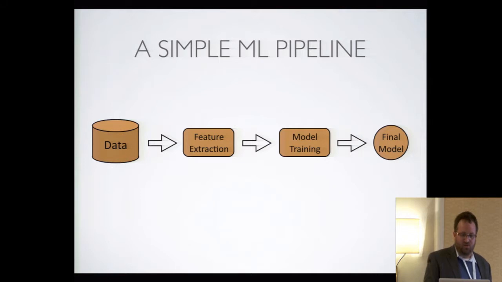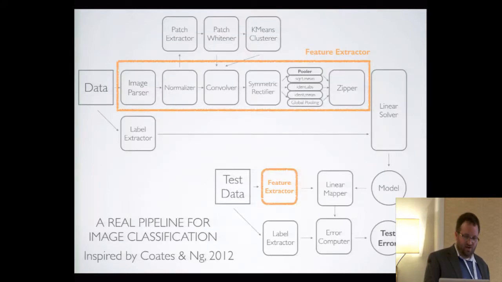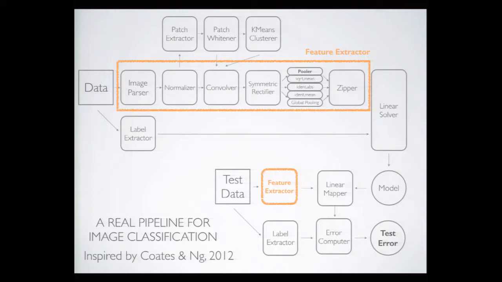So what does a real machine learning pipeline look like? Well, here's one that we coded up that's a sample image classification pipeline based on some work from Adam Coates and Andrew Ng back in 2012. And you can see that this starts to look a lot more complicated than that little four boxes that I showed you. In particular, we have this test area down on the bottom. We have a series of steps going on at the top. We have a second machine learning method, k-means, as part of the feature extraction pipeline. And then there's also this linear solver on the right side.